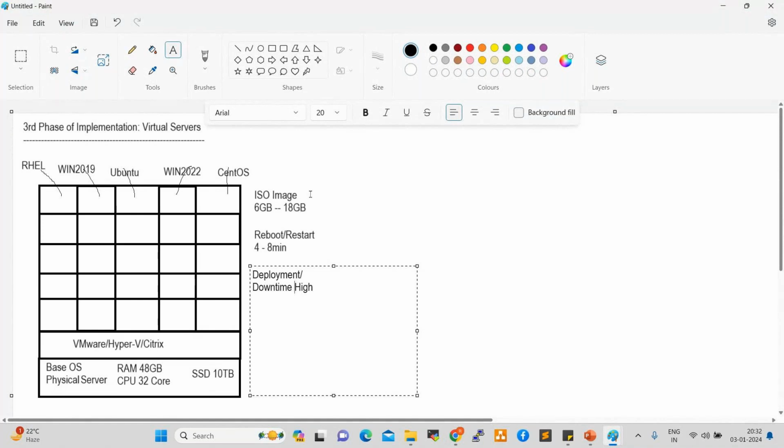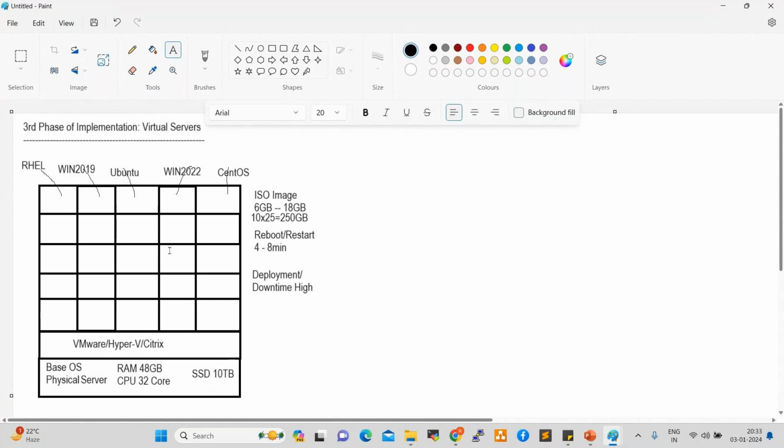On an average, for example, we have 25 servers, and each server is utilizing 10 GB, so 10 into 25 servers. Here we need to spend 250 GB for only the operating system. On top of that, again, we need to deploy all the plugins, patches, and so on. So storage costing is higher. This is one of the drawbacks.